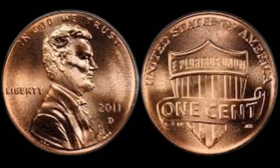Next, 2011 D 1 cent USA coin. A mind-blowing journey through one of the most astonishing discoveries in the history of coin collecting, where a seemingly ordinary 2011 D 1 cent coin has defied logic, shattered records, and shocked the world of numismatics by being valued and sold